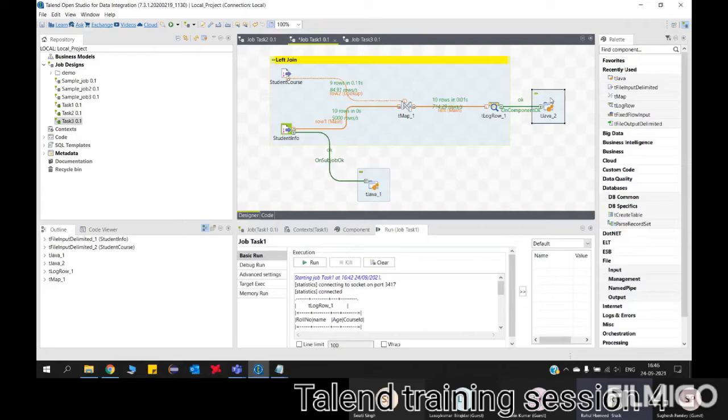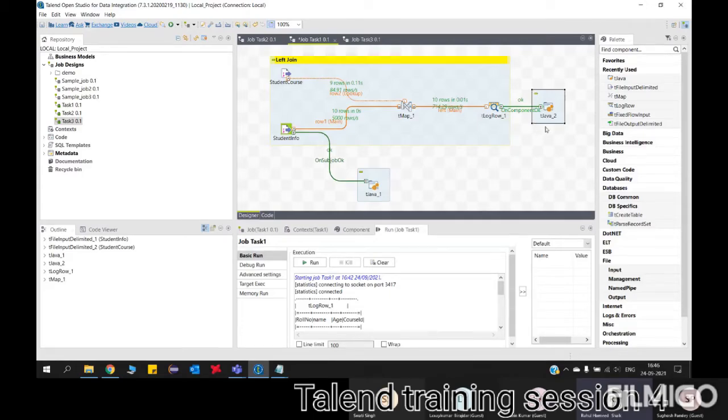But now the tjava 2 component and the first subjob component you have connected with on component OK. That means, as I mentioned before, the collection of components we call one subjob. So the moment you put on component OK to the tjava 2 component, that first gray color box and tjava 2, the combination of all those things will act as one subjob.